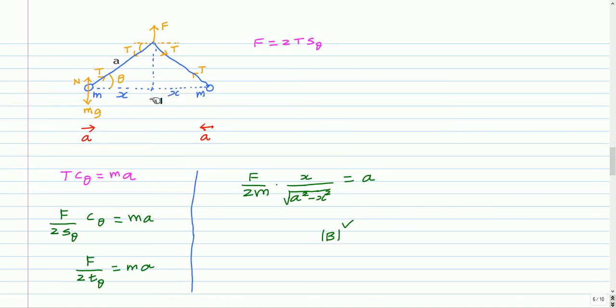So this is a situation which shows the forces acting on the masses. Since the mass is resting on a horizontal surface, the weight will be acting downwards and the normal reaction will be upwards, and the tension in the string will be in this direction. Similarly for the mass on the right side. And at this point, the force F is acting upwards and the tension in the two strings will be in this direction. Let the angle be theta when the distance of separation is 2x.